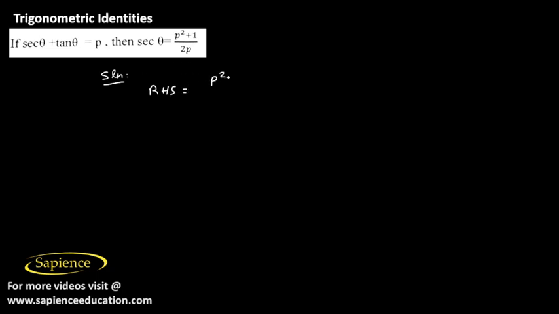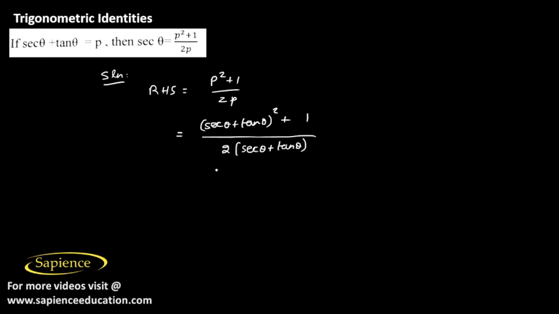So the right hand side is (p square plus 1) by 2p, and the value of p is secant theta plus tan theta. So p square is (secant theta plus tan theta) the whole square, plus 1, divided by 2 into (secant theta plus tan theta). Now (secant theta plus tan theta) whole square can be expanded using the algebraic identity. It will become secant square theta plus tan square theta plus 2 secant theta tan theta